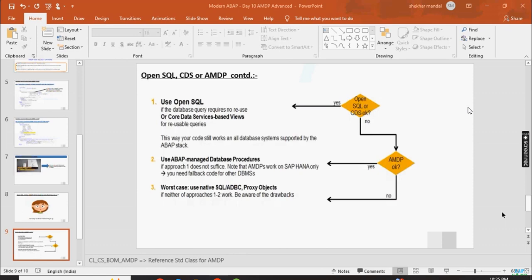AMDP, right? So that's why in this case you will go for AMDP. So I'll be giving you certain guidelines now which will easily help you determine the most appropriate code pushdown technique. So first of all, coming to CDS view,